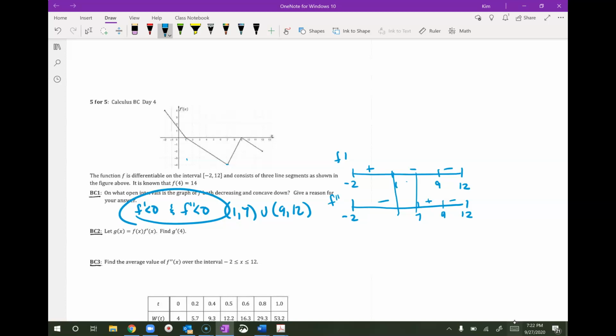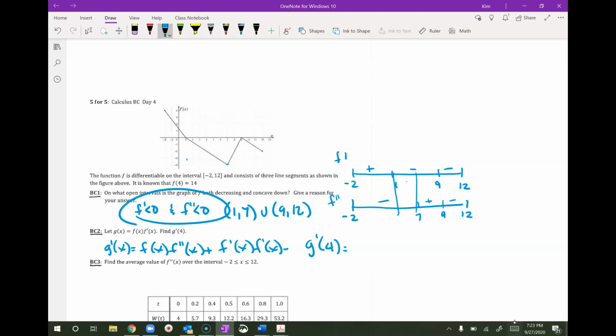G of x is the product of f and f prime. So g prime of x, we're going to need some product rule here, is f times f double prime plus f prime times f prime, or f prime squared. Okay, g prime of 4